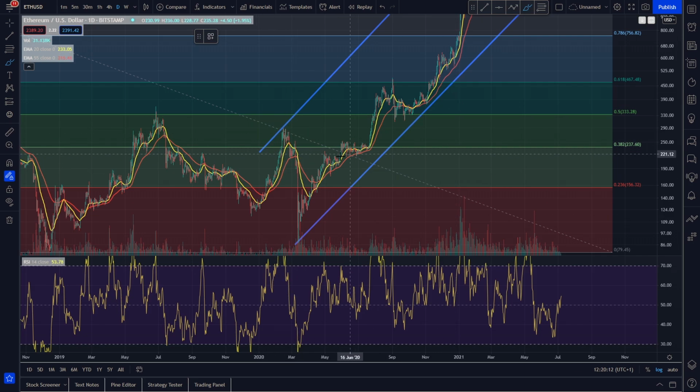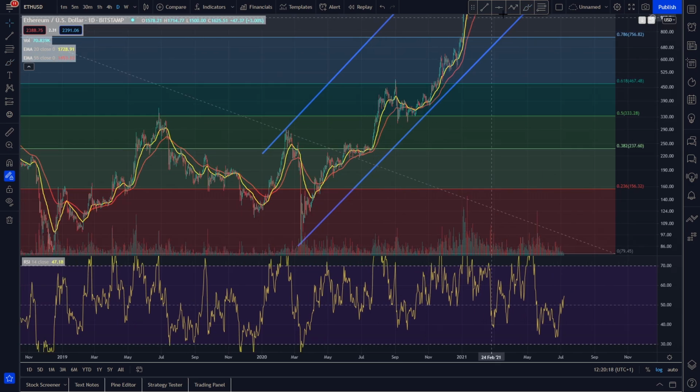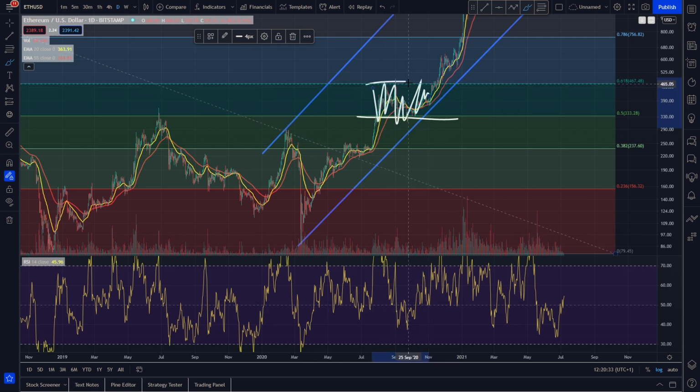Obviously we started to get a nice little pickup here, but we got stuck under the 0.38 for a good while. But once we got the break through this, we came all the way up, sliced through the 0.5 and all the way up to the 0.61, where we did find resistance. But then we actually backtested the 0.5 pretty much perfectly, and then we were just chilling in this range, weren't we, in between these two levels.